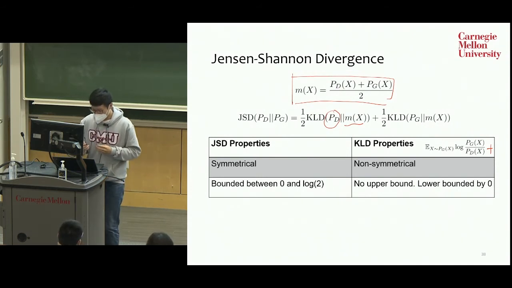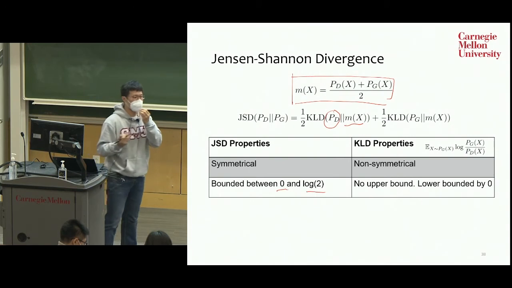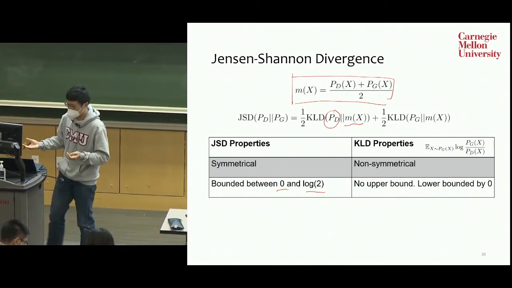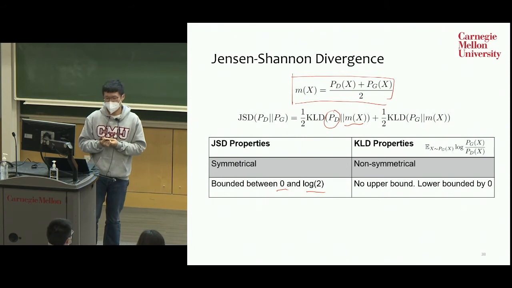However, there's a proof saying that the Jensen-Shannon divergence is actually bounded between 0 and log 2. So depending on the base of the logarithm that you choose, it can be 1 or log of 2, right? But essentially, it's a nice bound. What's significant about this is,